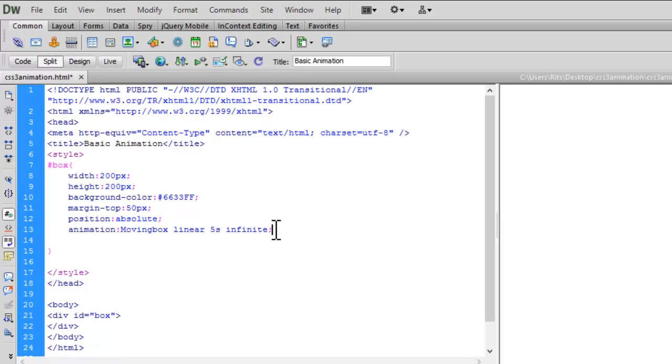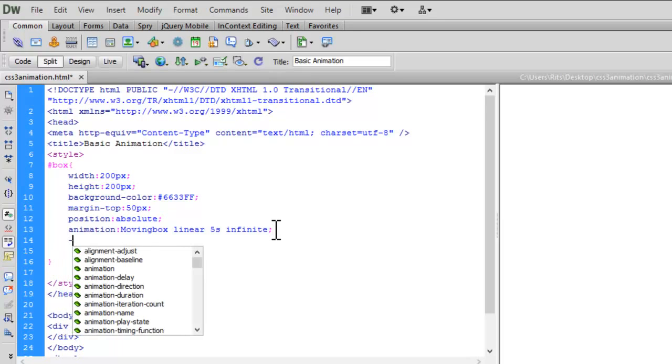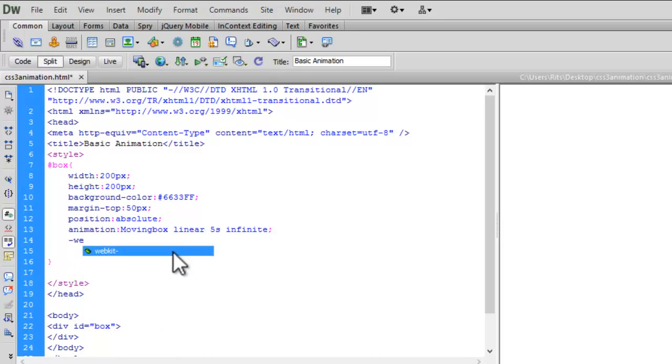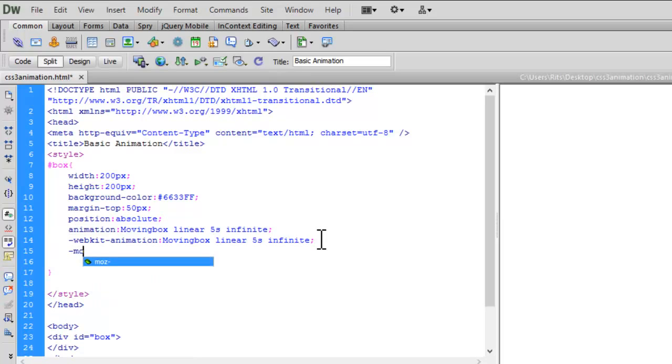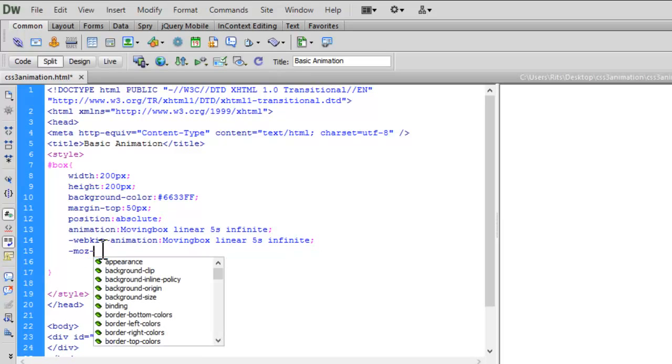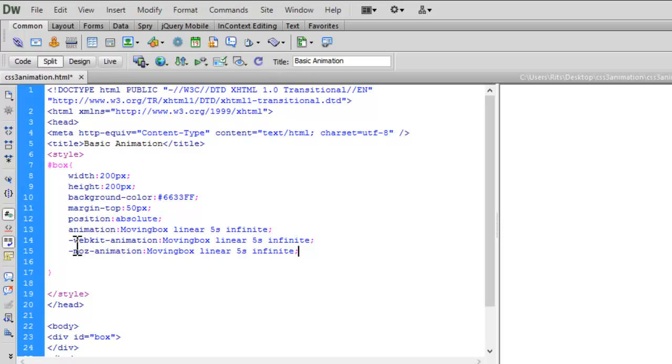It's a CSS3 property. So let me add the necessary prefix before it. Say WebKit for Chrome and Safari. Just copy and paste the same property again. And Moz for Mozilla Firefox. Just paste the same property again.